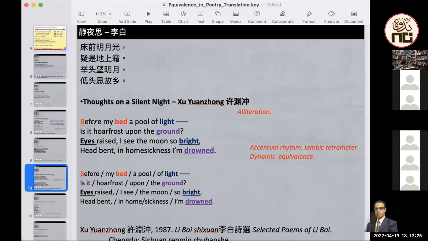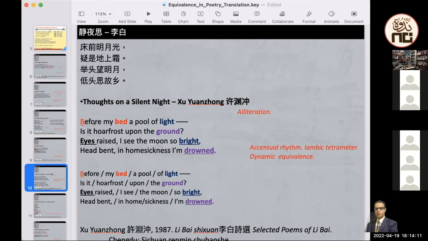Penta is 5. Hexa 6. Hepta 7. Octa 8, and so on. Deca 10. So this is tetrameter, iambic tetrameter. Why is it iambic? As I said earlier, iambic is the adjective of the name of the foot, which is iamb. Iamb is a 2-syllabic foot. The first syllable is unstressed, the second syllable is stressed. So ta-tam. The second syllable should receive the stress, the accent. This is what we call accentual